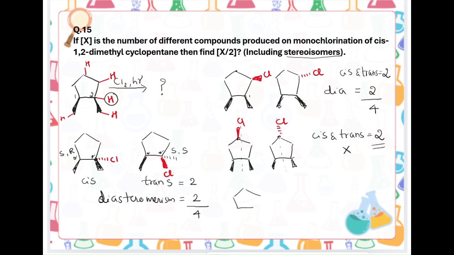Now the last one, we have to remove hydrogen from here, right? So when you remove that, look at this. This will remain cis only because the reaction is not happening here. It is happening over here. So the chlorine is here like this. Okay. Students, remember, although these two hydrogens look like they are symmetrical or identical, they are not, because when I remove hydrogen from here, I'm going to get